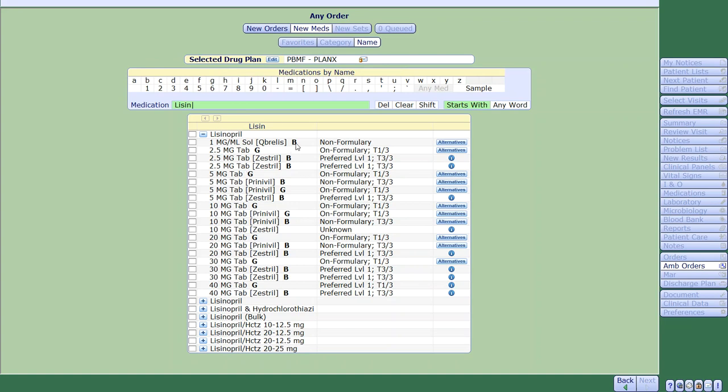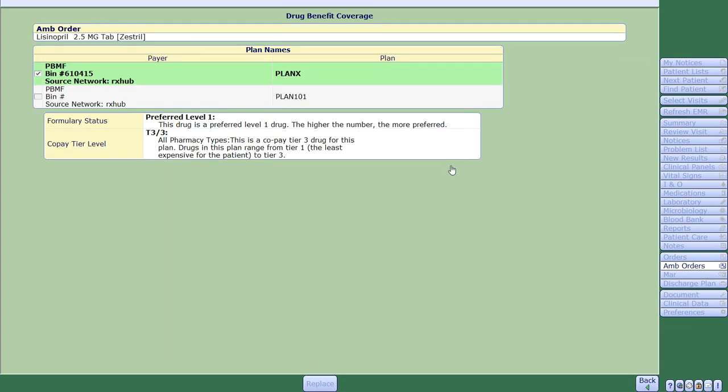You also see B for brand, G for generic, and this column is the insurance status and copay information section, which displays the formulary status along with the tier level and additional copay information if available. The copay info will be displayed after the insurance status separated by a semicolon. More information is given by clicking on the I,